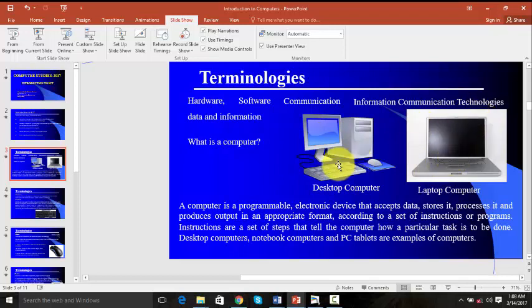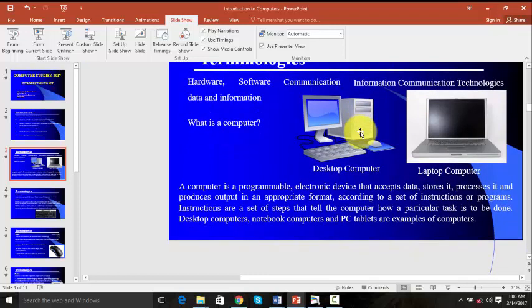Now, some people have mistakenly named these types of computers. Let's say somebody is found carrying a component of a computer, which I am just pointing at with the mouse pointer. They will say, I found somebody carrying a computer, but this is just a system box. Some people also see someone carrying this part and say, I found somebody carrying a computer, of which this is a monitor. So now we need to understand what this computer is.